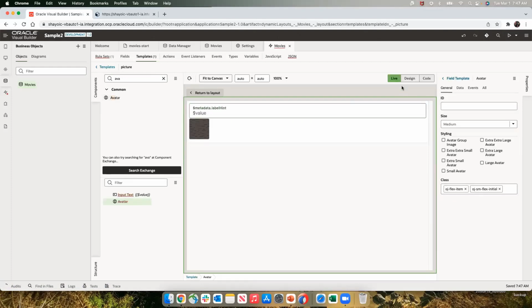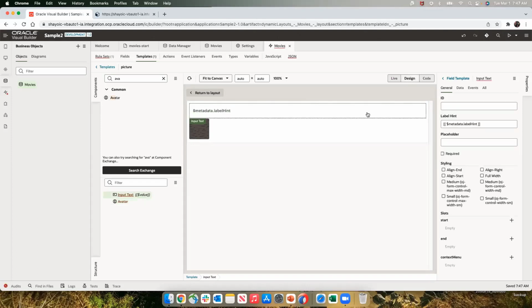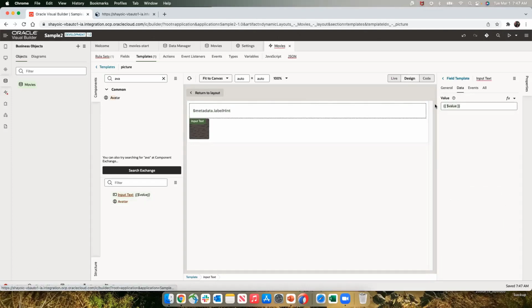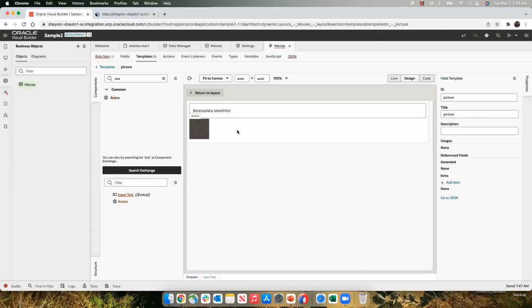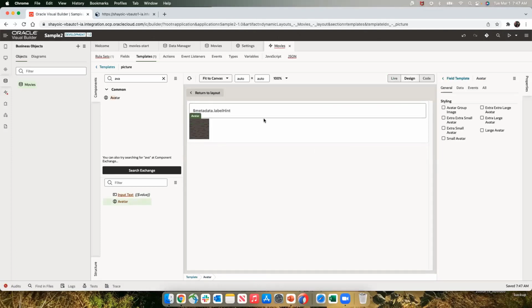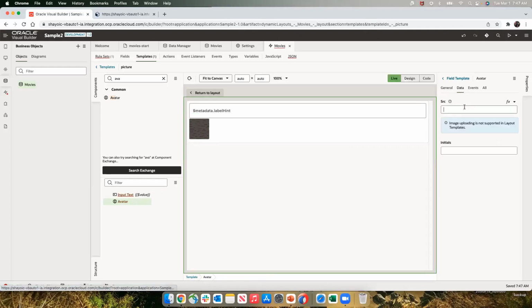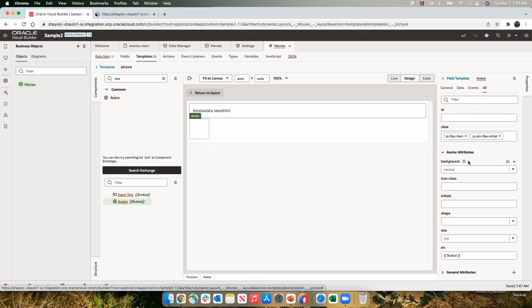Okay, we just wanted to show the same information that we're showing here. So the same value is going to be available for the avatar. Okay, so click the avatar, set the data to be the same information. Now, one of the things about, again, we upgrade to Jet 11, so Avatar has a bunch of other capabilities,